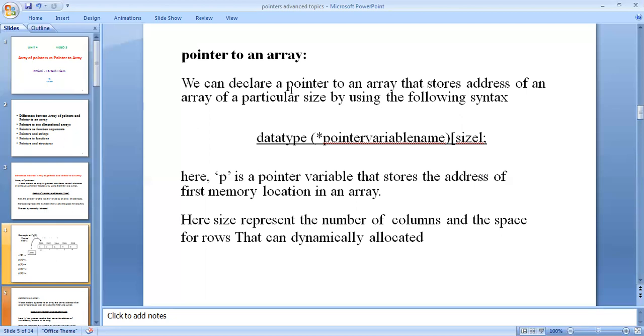Here the sizes represent the number of columns, and the space for rows can be dynamically allocated.